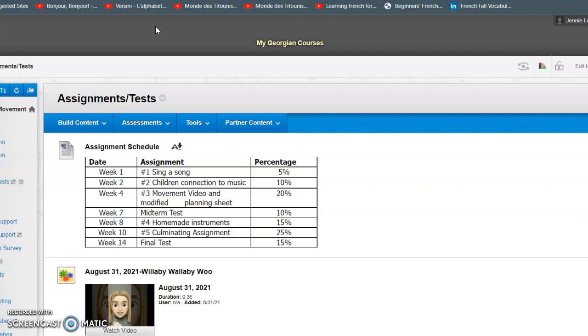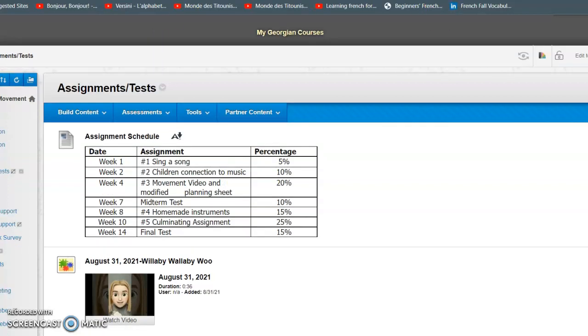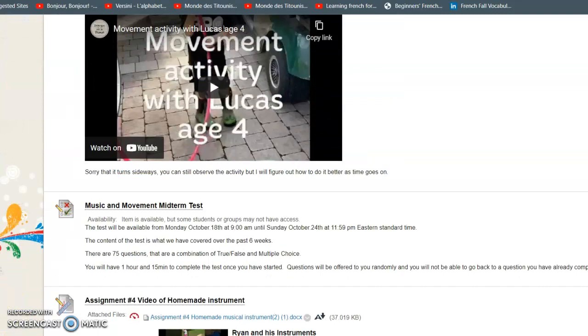And I just thought I would take a moment here to go over assignment number 5 so that you have a really strong idea of what our culminating project will look like. This is my first time using Screencast-O-Matic, and so I hope that I will do a great job being able to share with you all the information that is needed. But as always, if you have any questions or concerns, you can email me and I would be happy to help. So I'm just going to scroll down here now to assignment number 5.